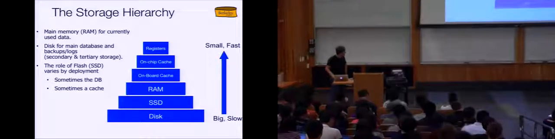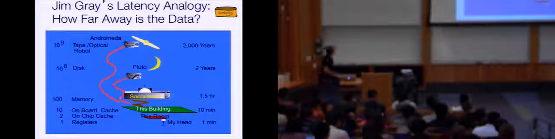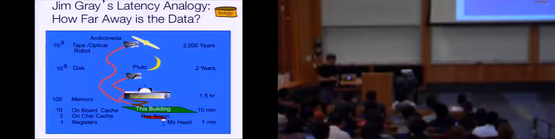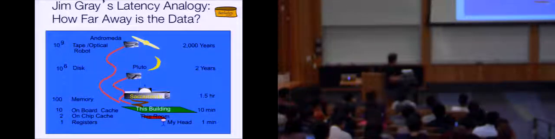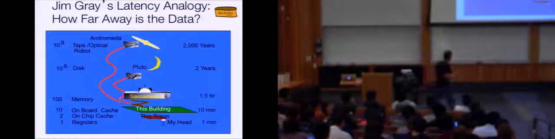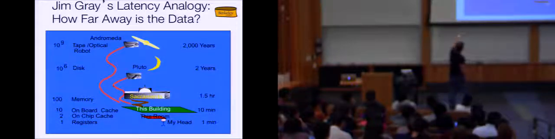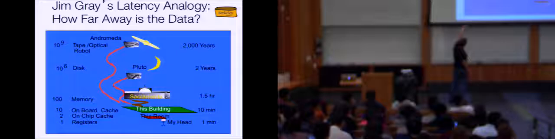But still, it's a little bit more expensive. All right. So this is a picture that was in a paper from like the 90s by one of the founders of the database field, Jim Gray. And it's still a good picture, even though the numbers are probably wrong. But this gives you a sense of the orders of magnitude between registers, on-chip cache, onboard cache, memory,